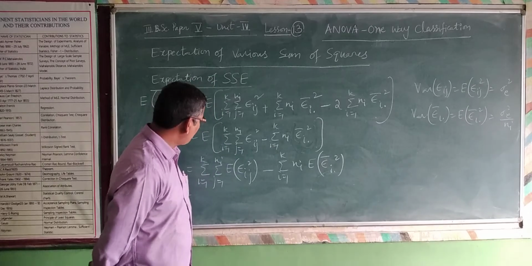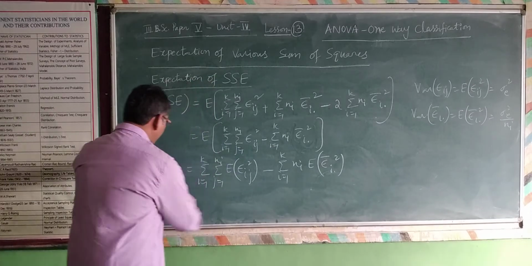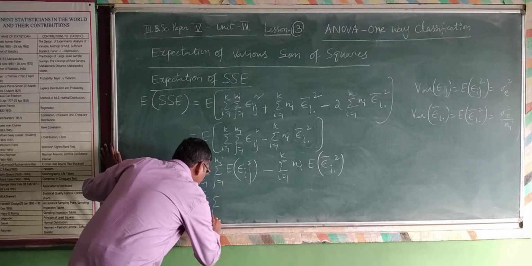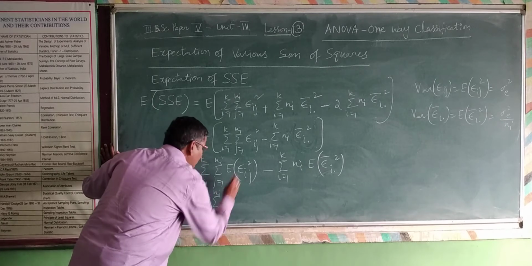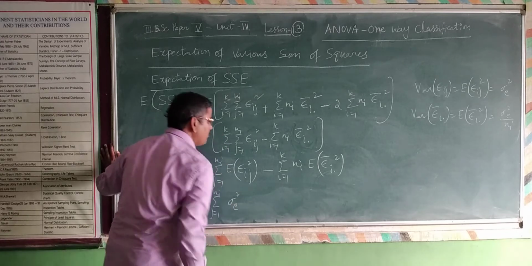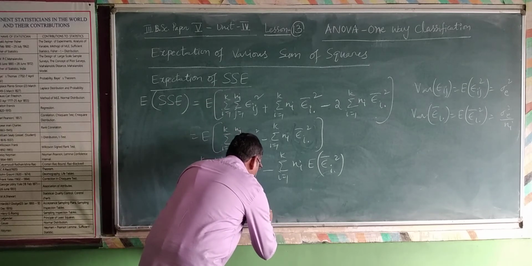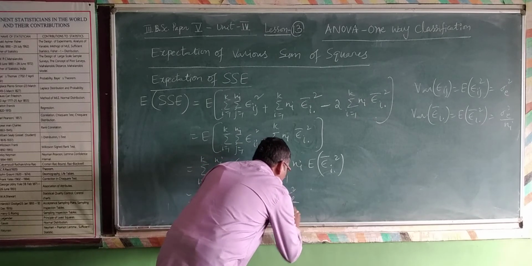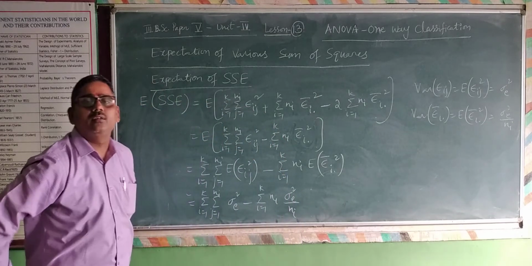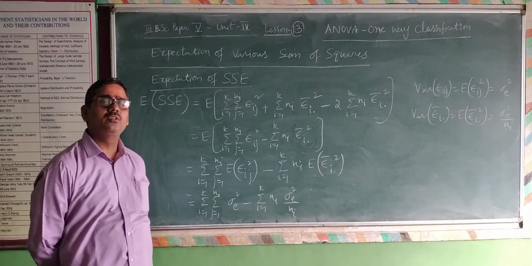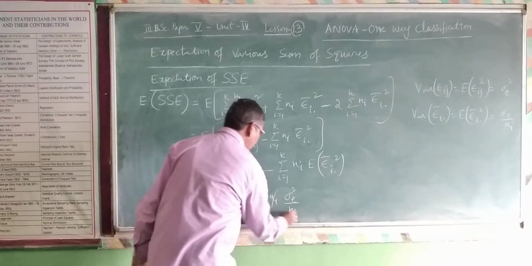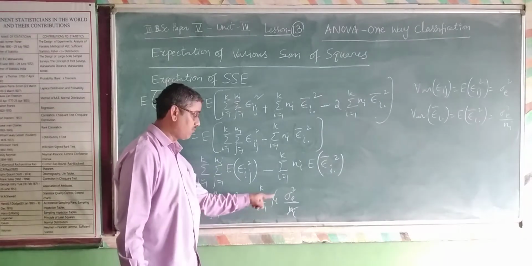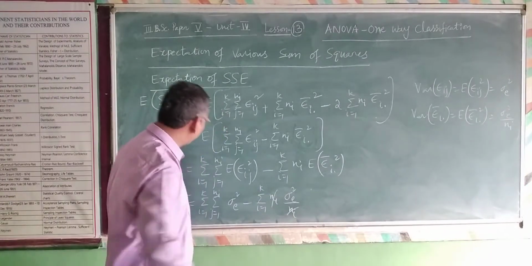So therefore, these are the values we can substitute now. It is summation i equal to 1 to k, summation j equal to 1 to ni sigma square e, minus summation i equal to 1 to k ni into sigma square e divided by ni. Am I right in the values? So therefore, we can cancel out ni here because both ni's are in the same summation i. So we have cancelled these values.